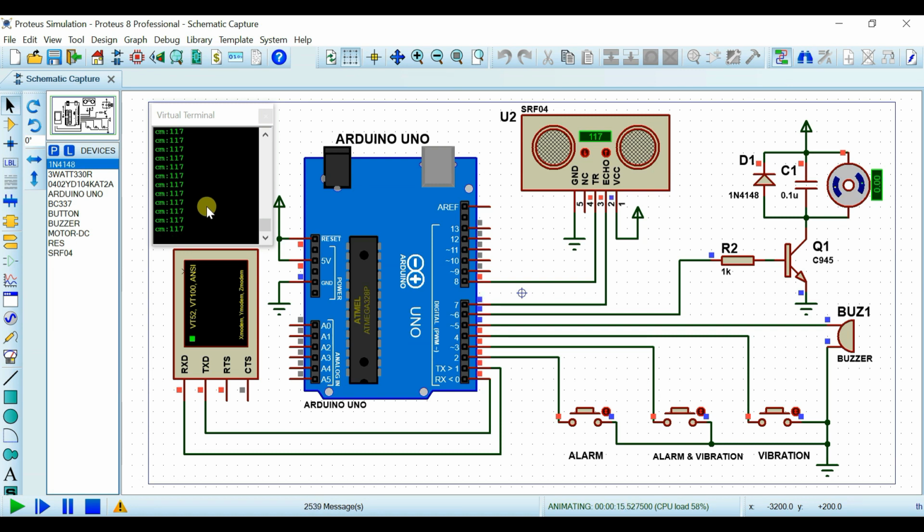We can vary the distance value from ultrasonic sensor. So when distance value drops from 100, at this condition both buzzer and vibrator will start operating. As distance value became less than 100, vibrator and beep have started turning on and off. Now as distance value will approach 0, time of vibrator and buzzer will increase. And when distance value reaches 20, vibrator and buzzer will remain on.